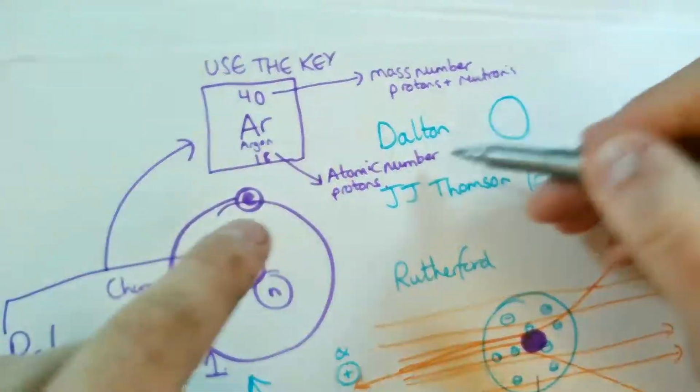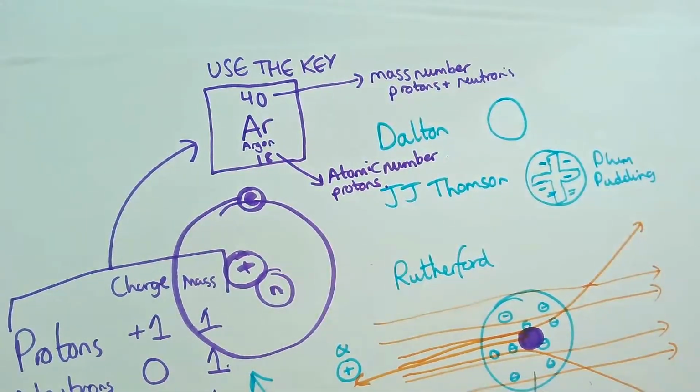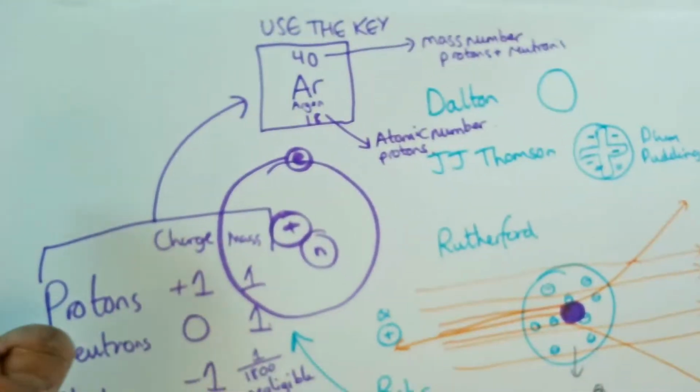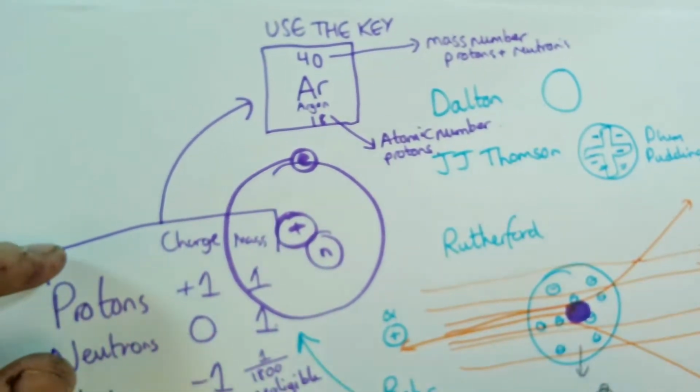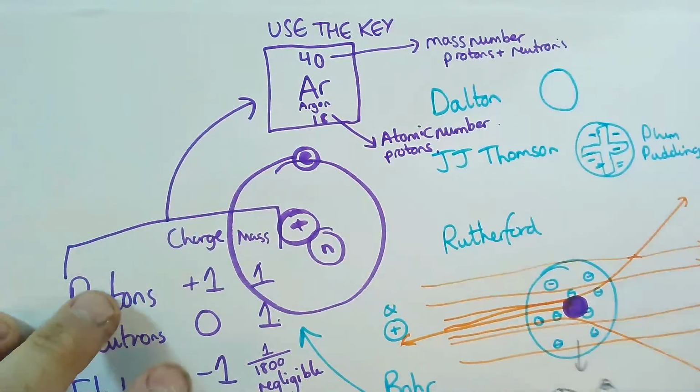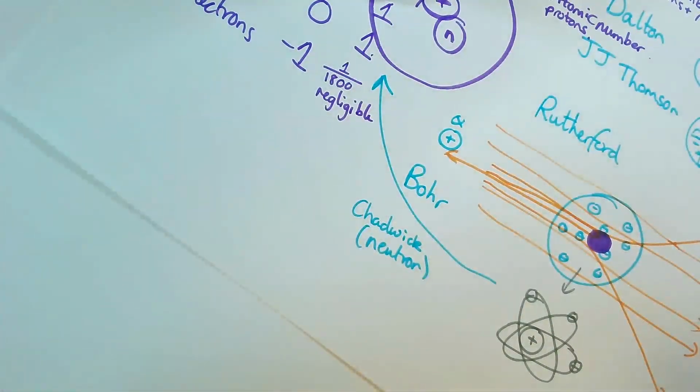Okay, and these two numbers have a historical importance when it comes to the periodic table, which is the other part of this unit. Okay, so with the first ideas of the periodic table, people noticed that things started to repeat. They took all the elements, they almost played a giant game of top trumps, you know, where they've got all the stats on the cards. They laid them all out and they're like, can we work out some kind of pattern? All right. And the main person that we always like to talk about is Mendeleev.